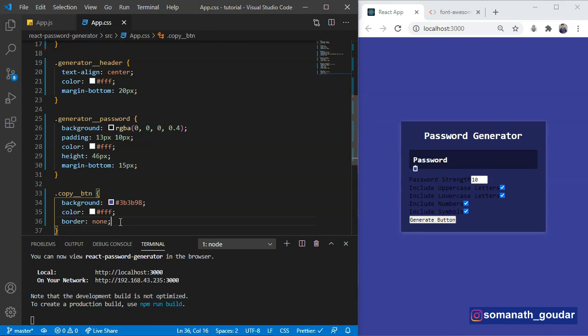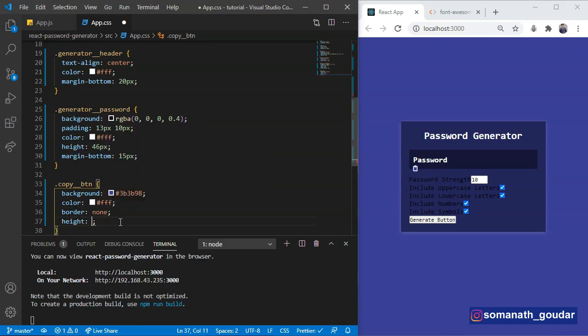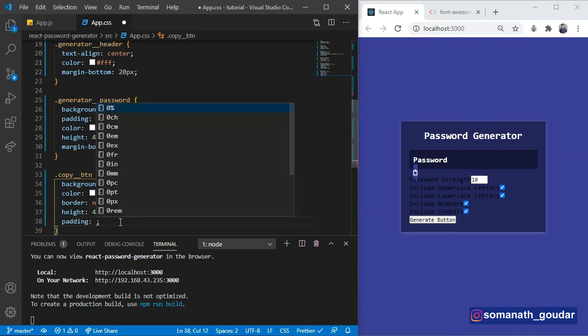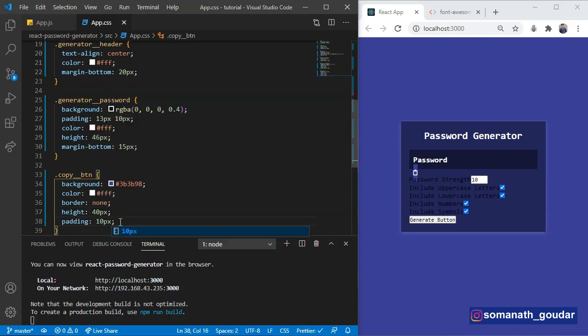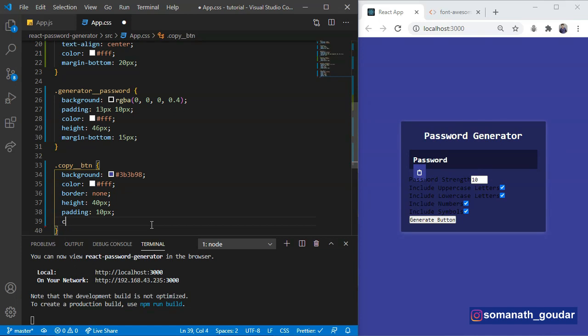Let's set the height to 40 pixels, and let's set the padding to 10 pixels. And I am also going to give it a cursor of pointer, because when I hover on it, I need the cursor to turn into pointer.